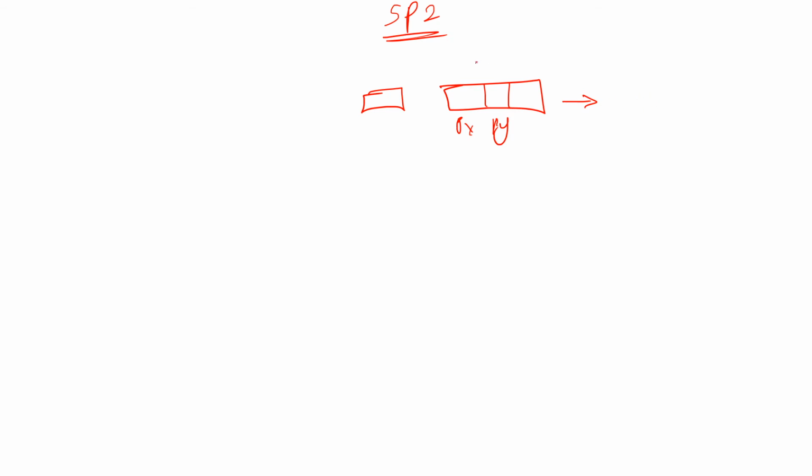So as a result, how many hybrid orbitals are formed after the hybridization? The answer is simple. Total 3: 1, 2, 3. Three orbitals are involved, so after the hybridization, 3 hybrid orbitals will be formed. So how many unhybridized orbitals? Only one, that is pz. Okay, this is about sp2.